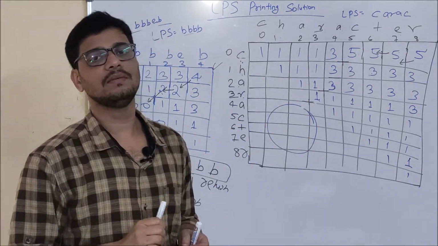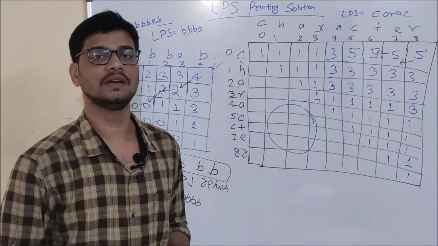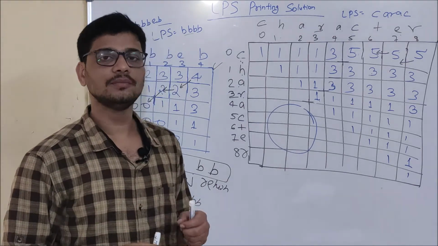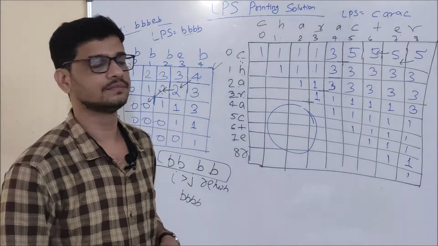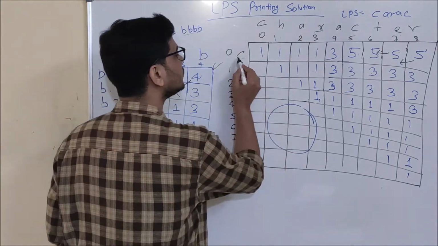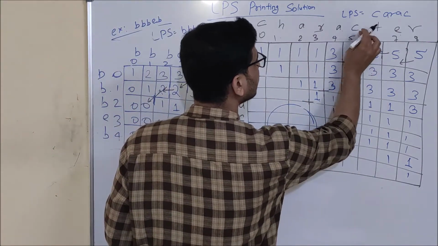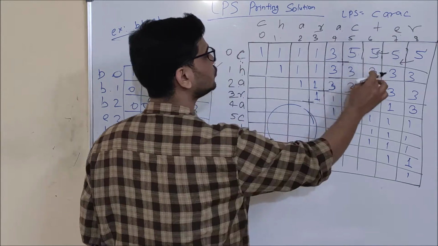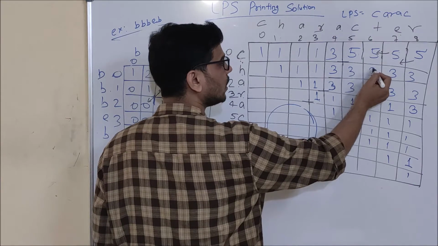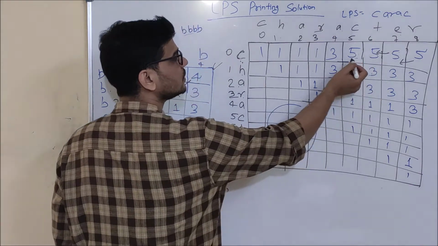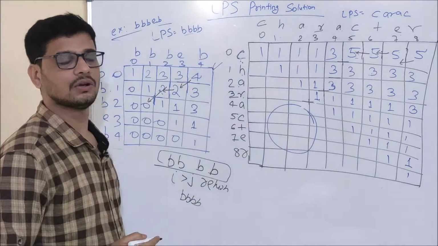And friends, one suggestion I will give you. To understand these things, you need to understand the recursive equation. First understand how I have come to the recursive equation, then the bottom up, and only then come to this particular thing. Now again see, the character at the given position is C and the character at this position, the 6th position, is T, and these two are not equal. That means my answer comes from either down or left. But here as you can see, this value is greater. So I will move to this particular cell.